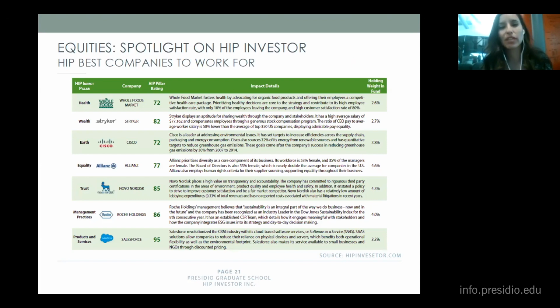But at HIP, what we're really looking at is the overall well-being of their employees, their customers, and other stakeholders. And we do this by evaluating measures such as employee and customer satisfaction rates, employee attrition rates, and we're definitely interested to see how these measures may shift after the Amazon acquisition. So stay tuned, we'll be looking at that.